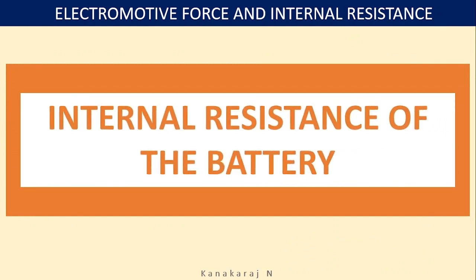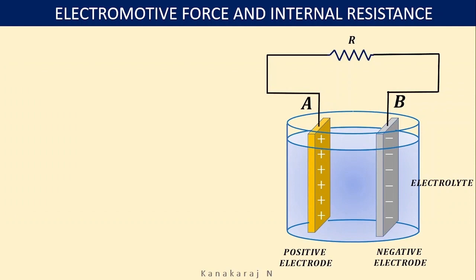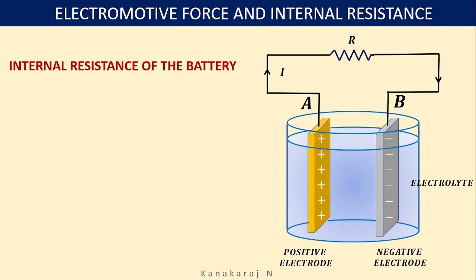Internal resistance of the battery. Here you have a circuit, A and B connected through an external resistance R. Because of this external resistance, there is a current set up in the circuit, which flows from A to B in the external circuit. Within the cell, it goes from the negative electrode to the positive electrode. In the external circuit, this current is due to flow of electrons. Inside the cell, the current is due to flow of